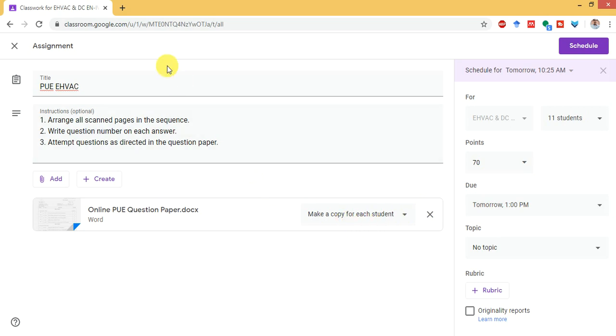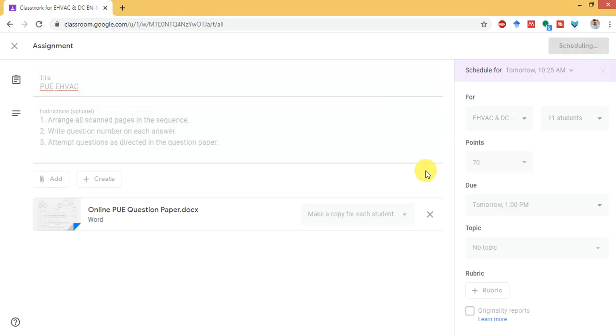Now this paper scheduling is complete. I have given the title, I have given the instructions, I have attached the question paper, and ensured that because we are distributing a question paper to a group of students, not all students, the file name of the files uploaded on the Google Classroom should be the same. Then make a copy for each student, then the scheduled time, the subject, then select the students and the marks, then the due date, and now this paper is ready to be scheduled.